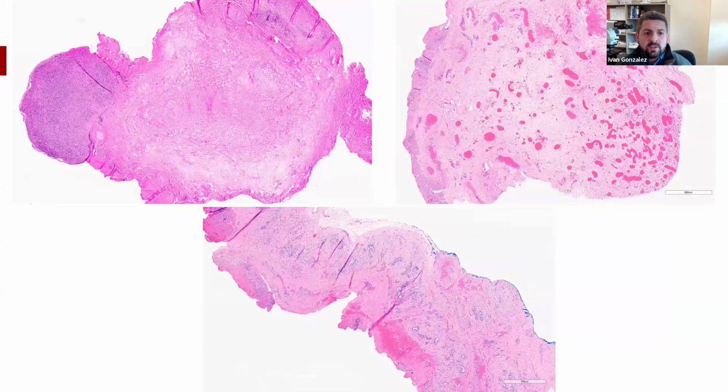So in histology, these are 3 separate examples of a fibrous plate. In some cases, you may have a reactive lymph node, no lumens, or you may have a lot of vessels forming and this kind of stromal edema. And in some cases, you may have a lot of small bowel structures, abnormally formed bowel structures.